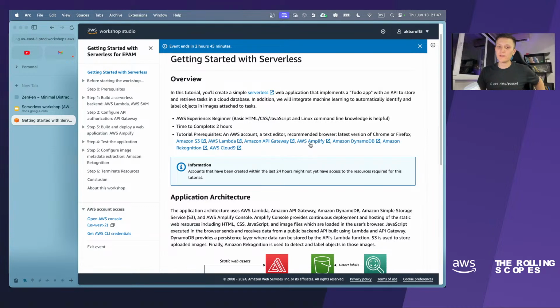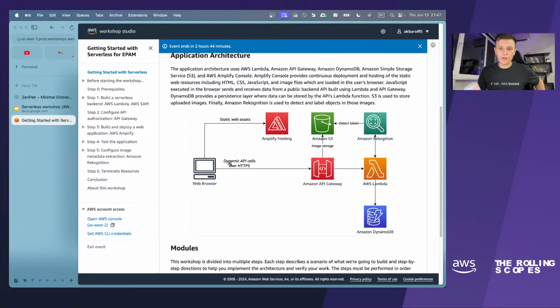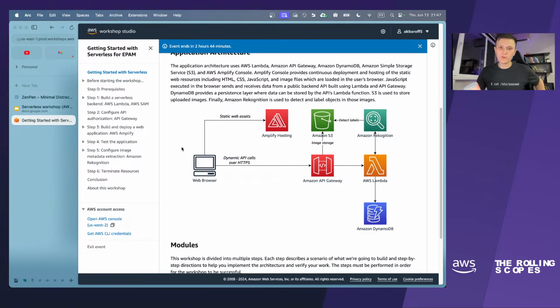We will use AWS Amplify, and I will give you a small brief while we are setting up the Amplify CLI on what it is. Except that, we will use Amazon Rekognition, which is also a great service based on machine learning, and I will give a small brief about that as well. Let's go to the application architecture.